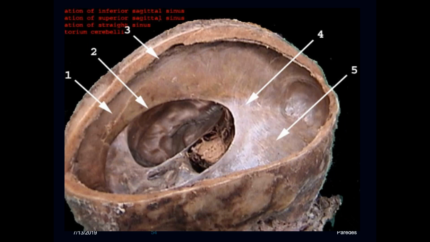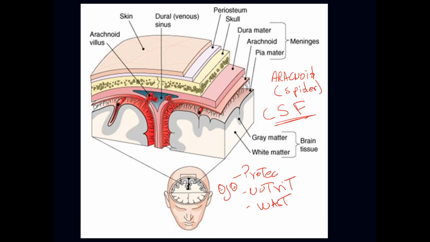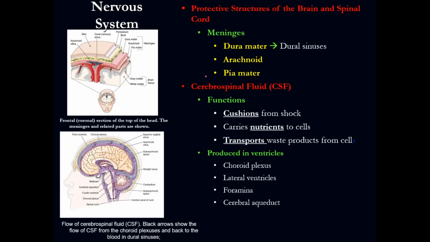Okay, so here we have the brain. By the way, I was explaining that the meninges are going to cover the whole central nervous system. What is the central nervous system? It's the brain and the spinal cord. So the meninges are going to cover the whole thing, the brain and the spinal cord, three times. The outer is the dura mater, the middle is the arachnoid membrane, and the inner, close to the tissue, is going to be the pia mater.